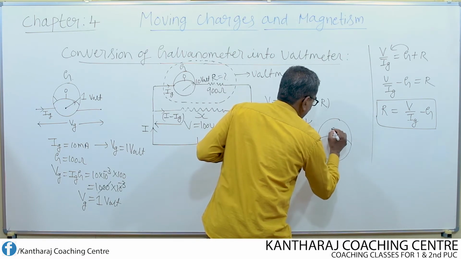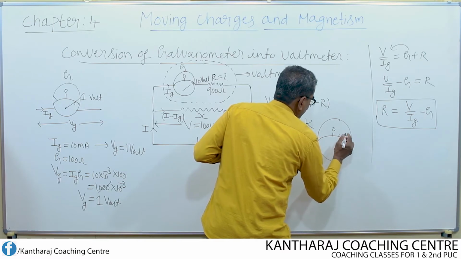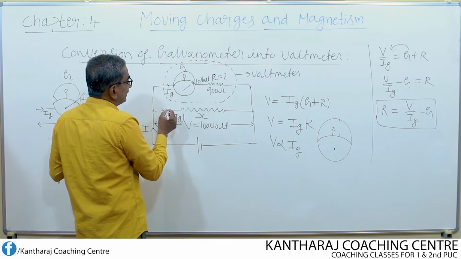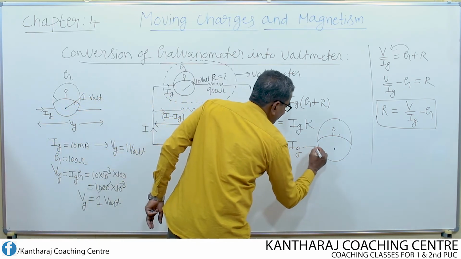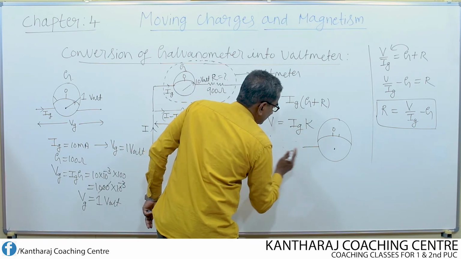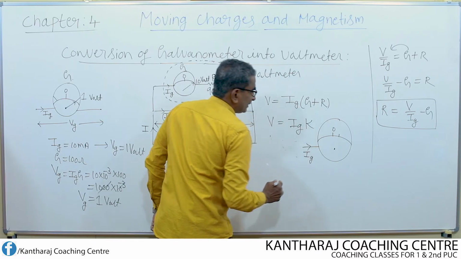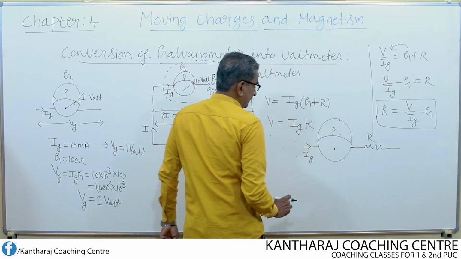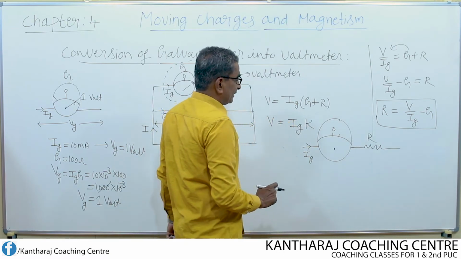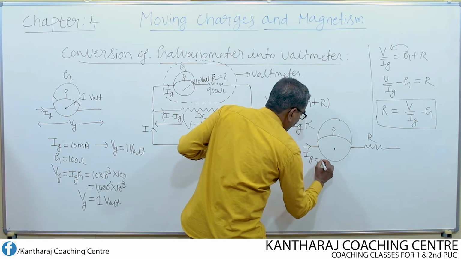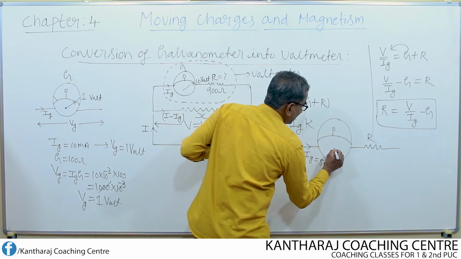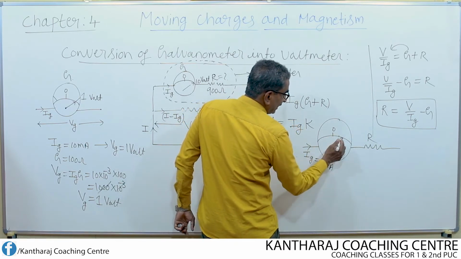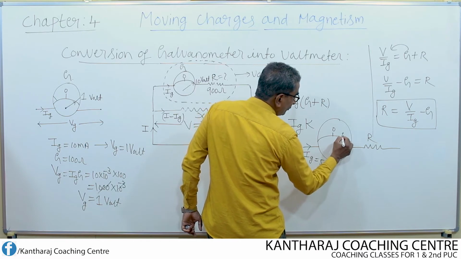This is 0. Now, suppose through this galvanometer, a current Ig flows. A high resistance is also connected in series with it, don't forget. If a current of, let us say, only 5 milliamp flows, then the pointer in the galvanometer reads half of the scale, and this value corresponds to how much now? 5 volt.